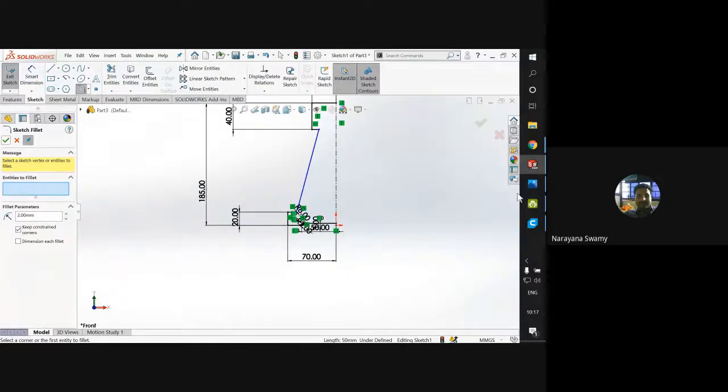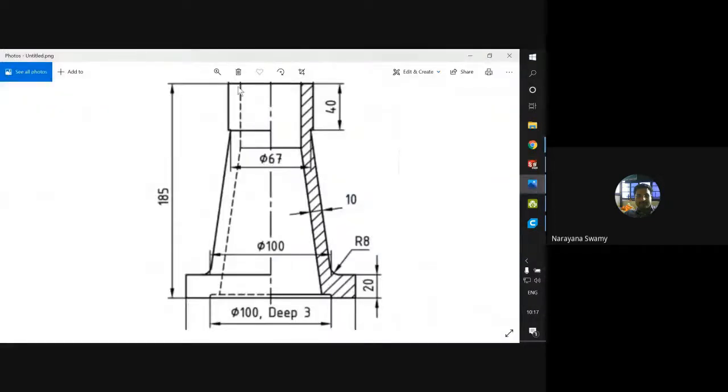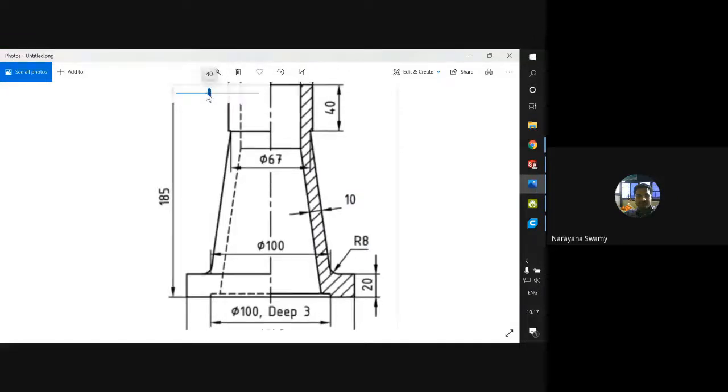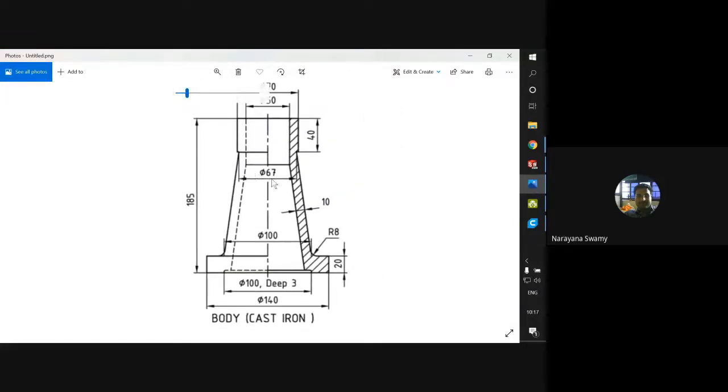One more thing we left out is this dimension. Here the step they have not given, but we can see there is a 70 and a 67. So 3 mm divided by 2 means it's 1.5 mm on both sides.